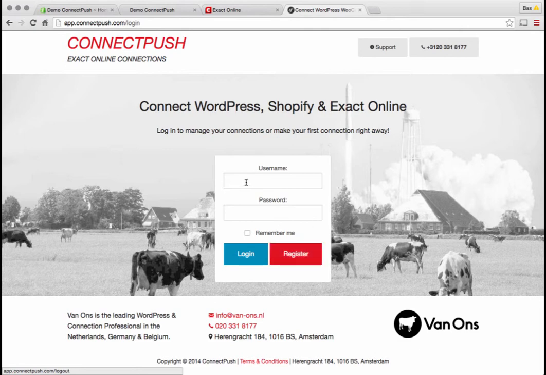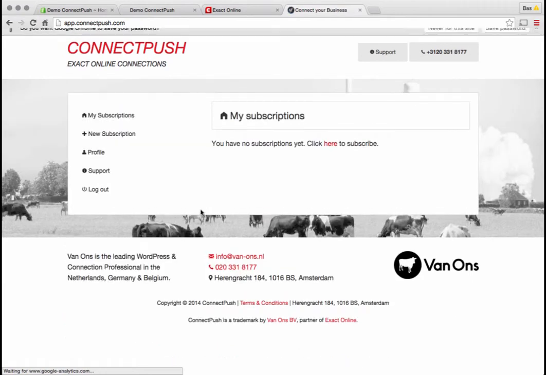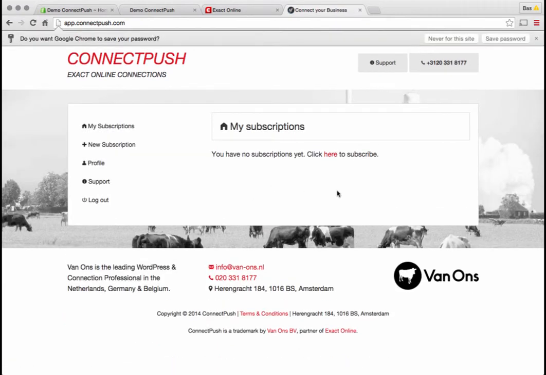I already have an account, so I can log in with that account. If you don't have one, make one with register. Username and password. Login. Here we see our ConnectPush dashboard